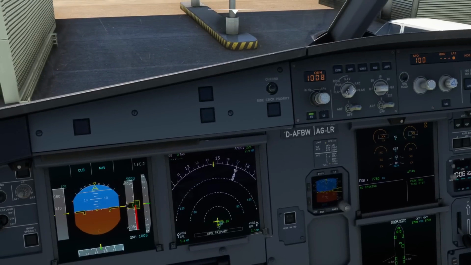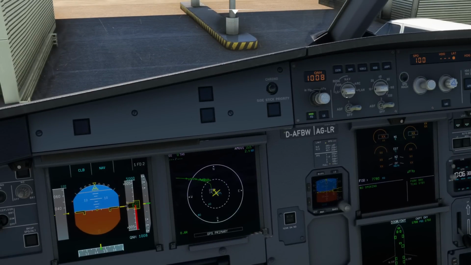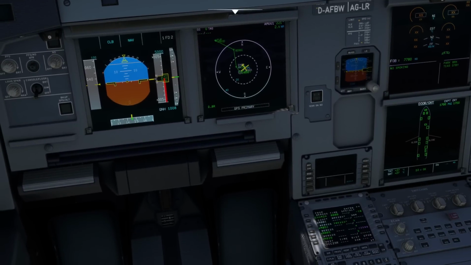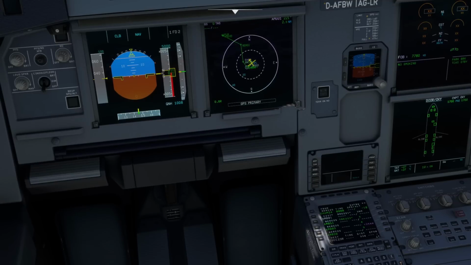Now if we come up to the navigation display and pop it onto the plan page, I'll just set the range rings out, so as we scroll down we will see that all of that is there. And with the second version then of the flight management system, one of the big things that has been improved upon is the logic and handling of the actual routing. Now this might not be something you notice too much because, to be fair, before it was very good, but